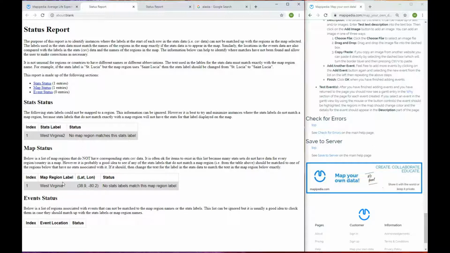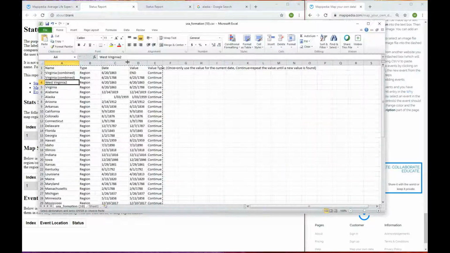And similarly, if you had, say, a map of the world that didn't have every country represented, it might have left off a lot of the small island nations, for example, but you actually had CSV data for all of that, then you'd see more entries up here, and again, they wouldn't necessarily be errors. So really this page is just a bit of a guide, so that if things don't seem to be working as expected, you can look at this and it might give you some clues. So the labels in the CSV data have to match the labels on the map exactly, otherwise it can't link them together. If we get rid of that 2